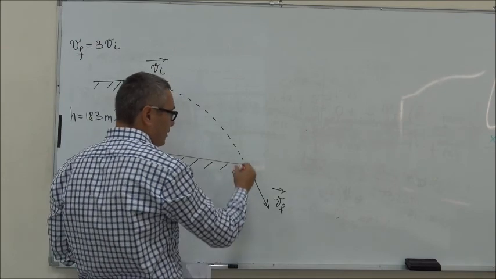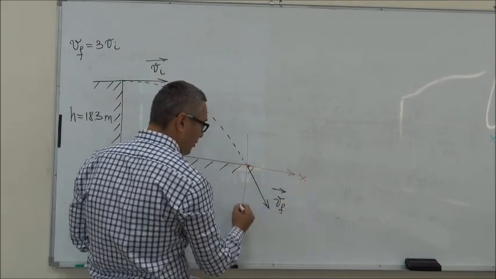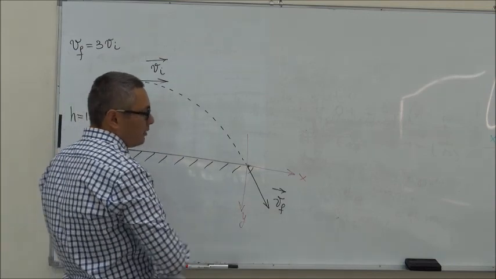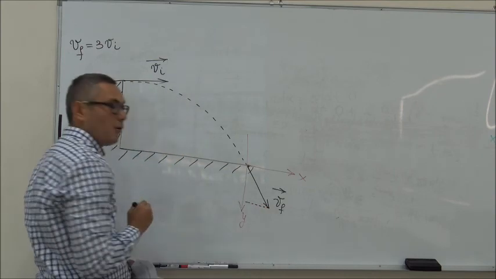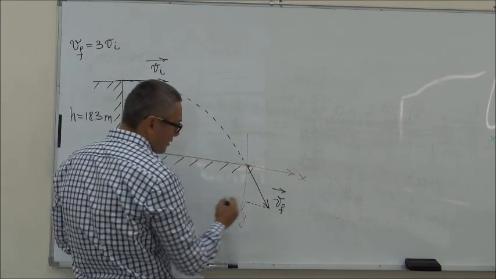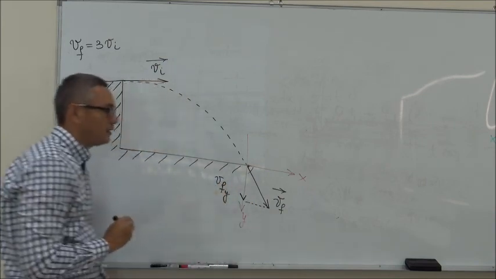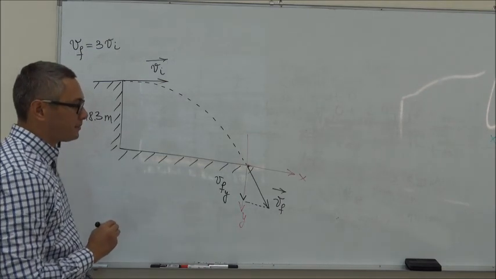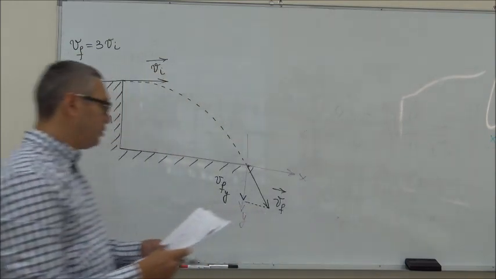So if we introduce x and y axes, we are looking for the projection of the V final on the y axis. So this V final with the subscript y, the vertical component of the final velocity. So to do that,